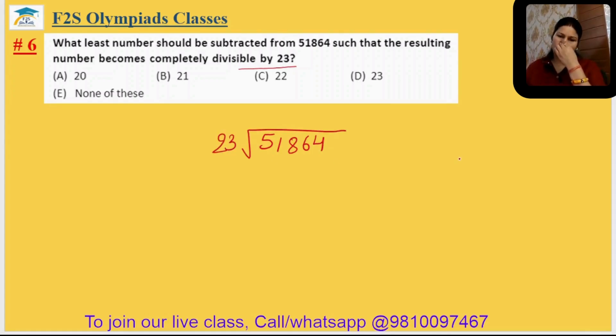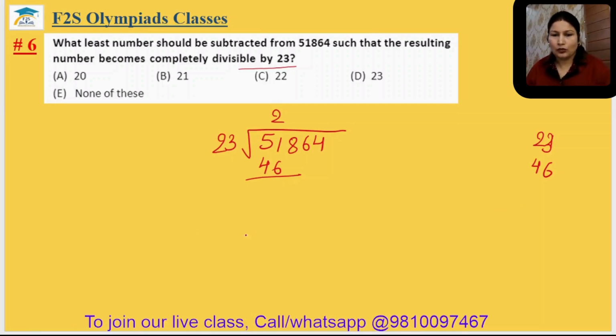Okay? So to make the division easy, you can write the table of 23 beside it. 23 ones are 23, 23 twos are 46. So it can be divisible 2 times, because in 3 times it will be more. So 46, 11 minus 6 equal to 5, 4 minus 5 equal to 0. Now 8 will drop down. Again 2s are. Okay? So 46, 8 minus 6 it is 2, 5 minus 4 it is 1. Now 6 will drop down.